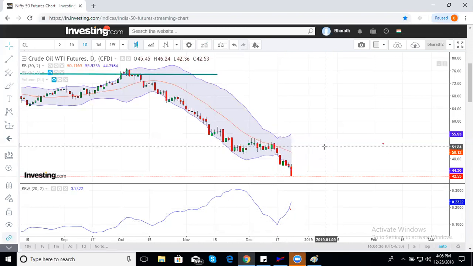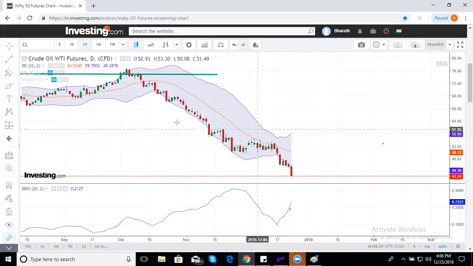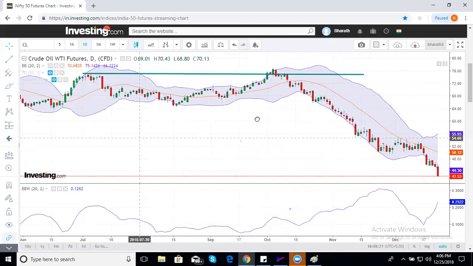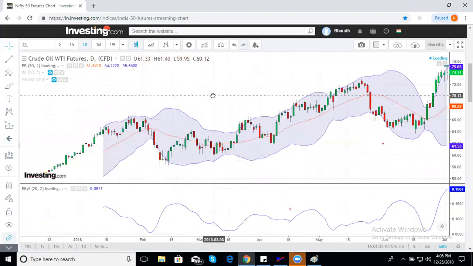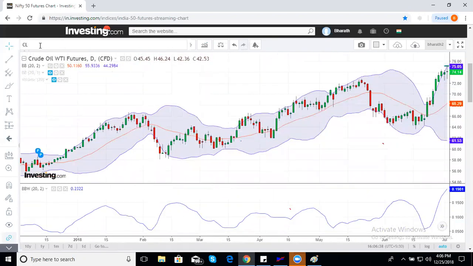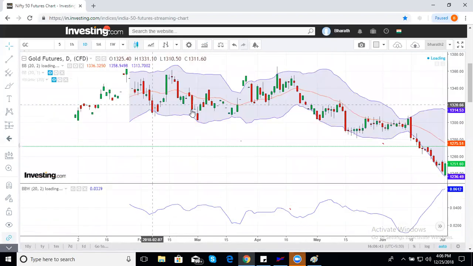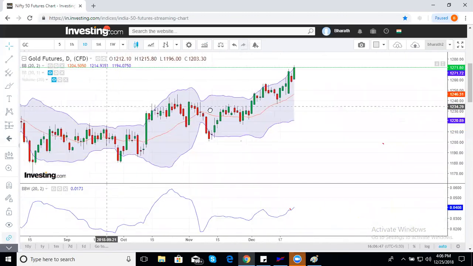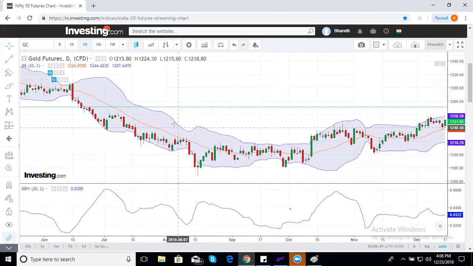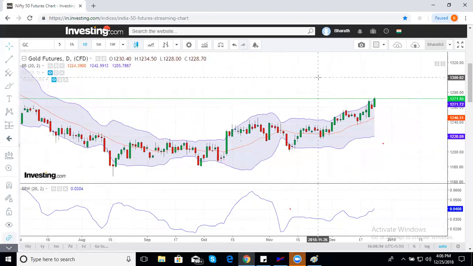Because if you're a buyer of an option, you want the option to perform very quickly. Otherwise, you will lose on theta. I'm damn sure you are aware of those things. If you've done options, obviously options are best to do that. Even look at gold. It broke out of a squeeze on the daily chart. See here, the market was going, look at this Bollinger Band, it squeezed and broke out. From there, it is expanding. Any dip, I'm going to buy this.